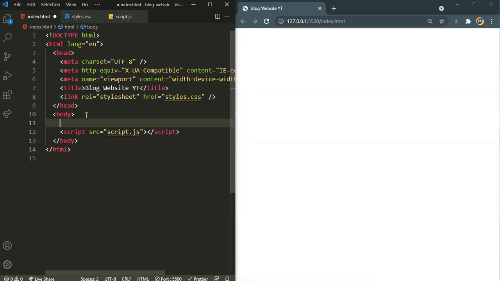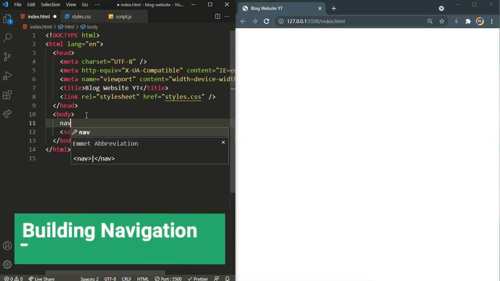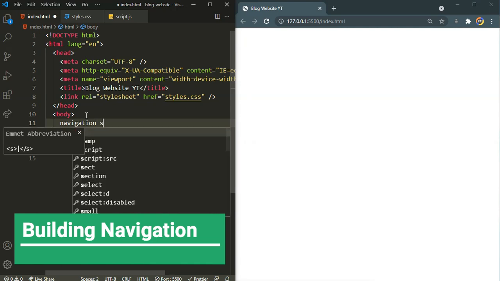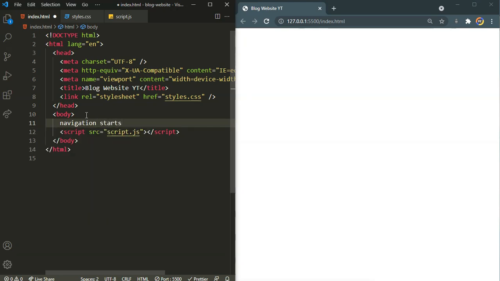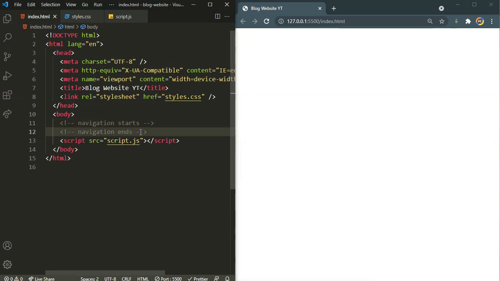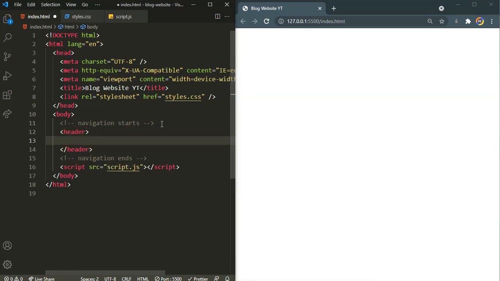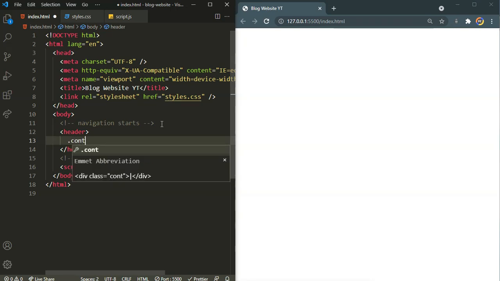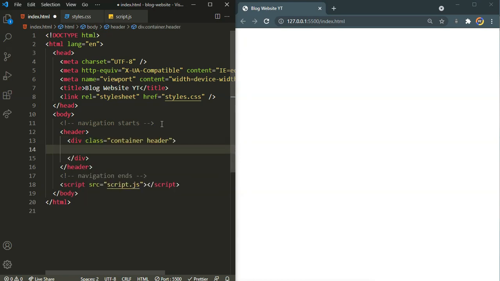One more thing I would like to mention over here is I will be using comments throughout this project. So let's add some comments saying navigation starts. Let's make this a comment, and one more comment for navigation ends. Okay, inside this I'm going to define a header tag. Inside the header I'm going to have a div with a class name of container and also a class name of header. Inside this, first thing, I'm going to have a logo,